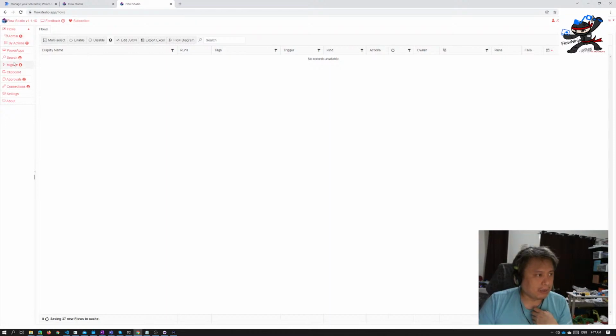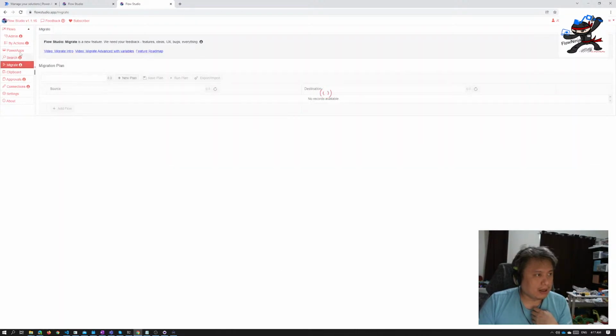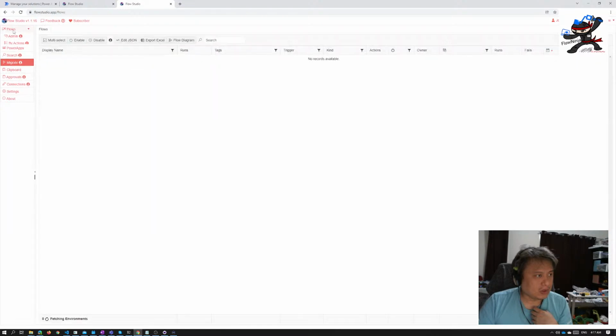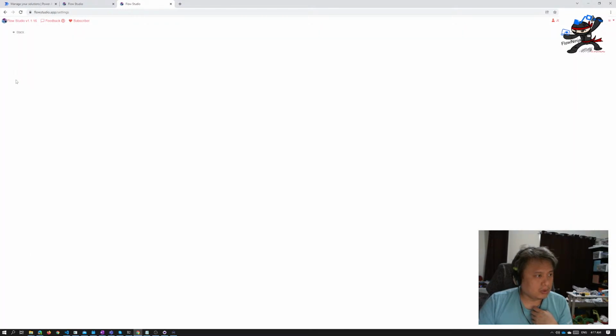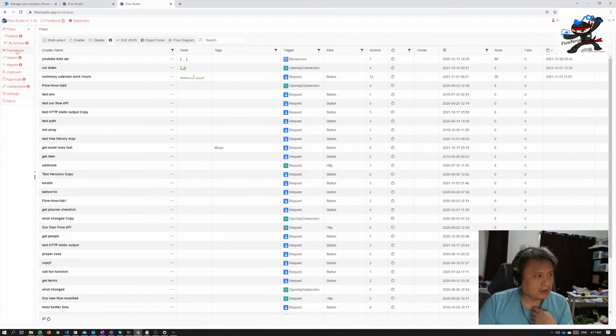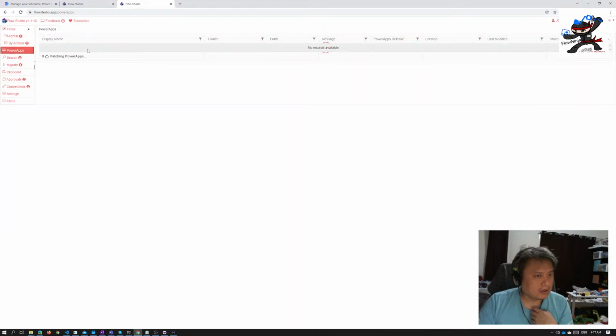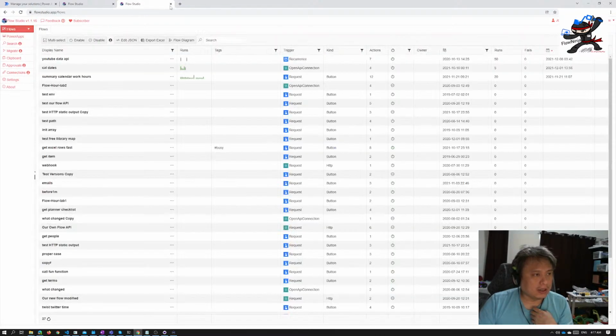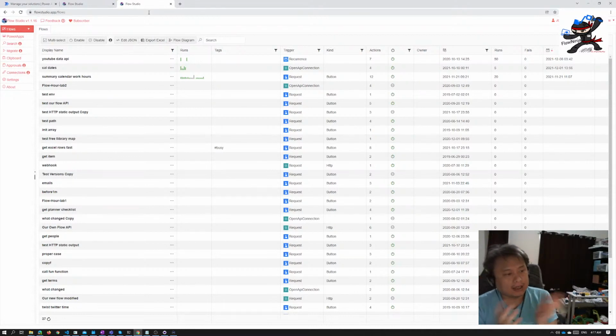But if I were to navigate away to say Migrate, sometimes during the request, there's a dozen requests happening, and it stops the application from responding and letting you navigate away. So since this 1.18 update,